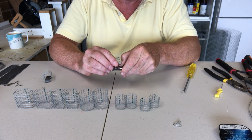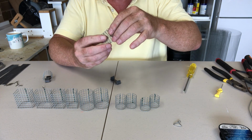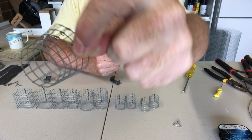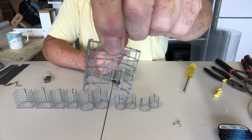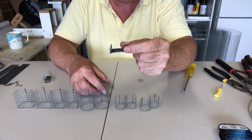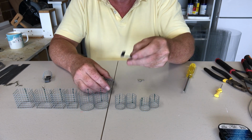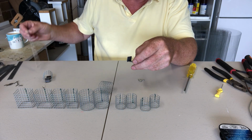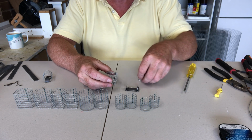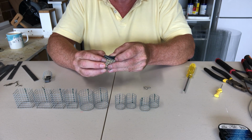If I just disassemble this one all together now, first of all, it gives me a better opportunity to show you how I've just bent over the wires. Hopefully you can see that clearly now. And then I've cut a 75mm piece of the lead up. Obviously it would start off life just as a flat half of that, but all you have to do is put that in, bend the bottom up,